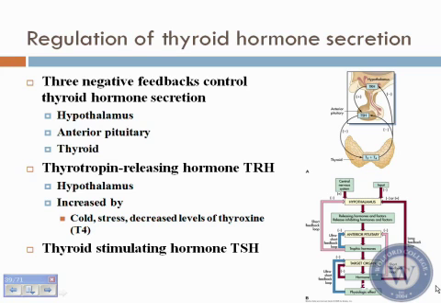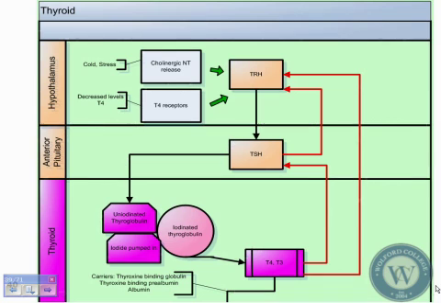Step 2 is then that TSH causes the thyroid gland to secrete T3 and T4. T3 affects the system in a dual negative feedback mechanism. It suppresses, 2, the thyroid releasing hormone. And 3, it inhibits the thyroid stimulating hormone from being released from the anterior pituitary. So there are 3 negative feedback mechanisms that are available to suppress the release of this mechanism.